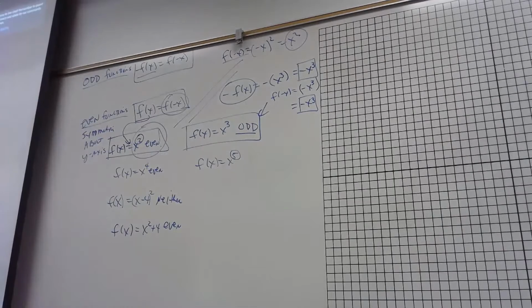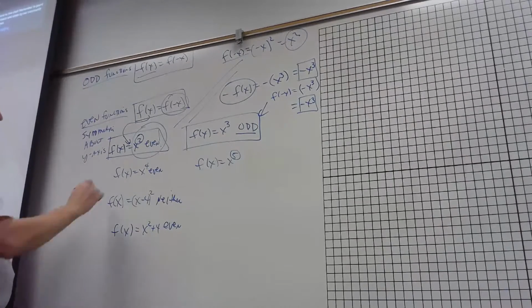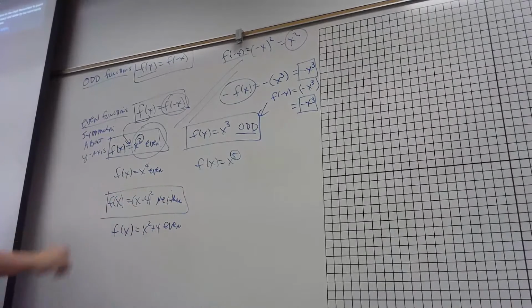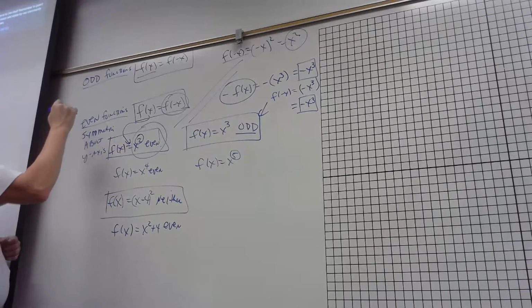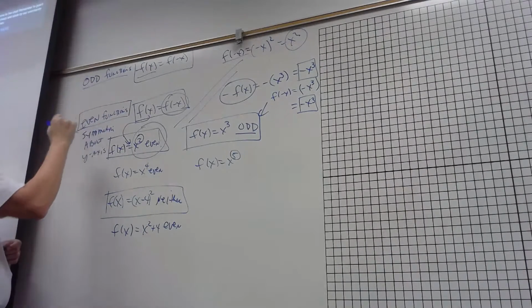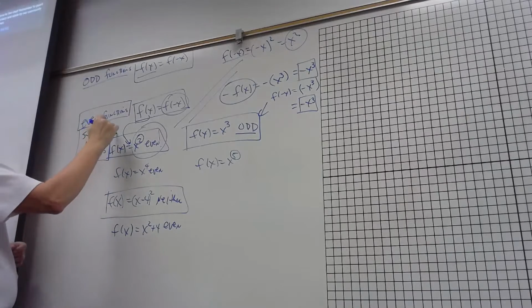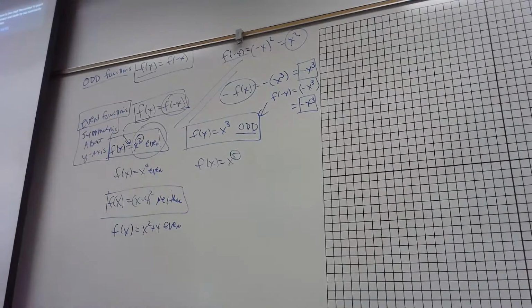Now I want to do another one here. This one looks like a good one to pick. I told you it was neither. Now we need to prove that it's neither. Let me back up a second. I told you that even functions are symmetric about the y-axis. Odd functions are symmetric about